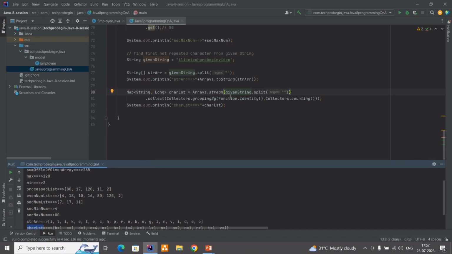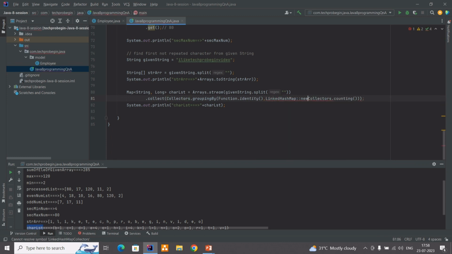Okay, got it. See, this group by default returns a hash map, and we know a hash map doesn't preserve the insertion order. So here we need to tell our group by to preserve the insertion order, so we need to provide a collection which maintains it. In the 2D collection, what collection is available that maintains insertion order? As per my knowledge, LinkedHashMap